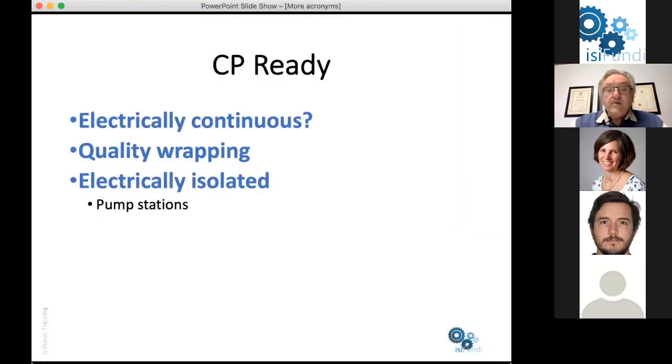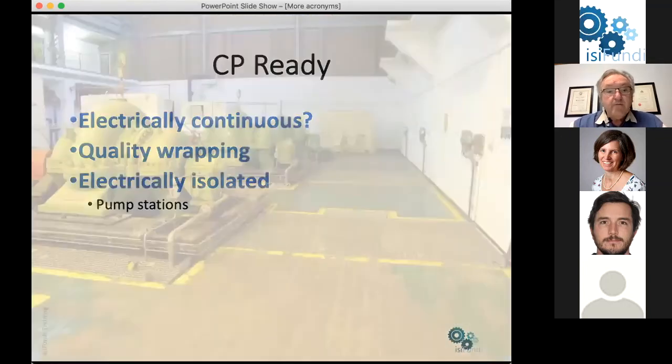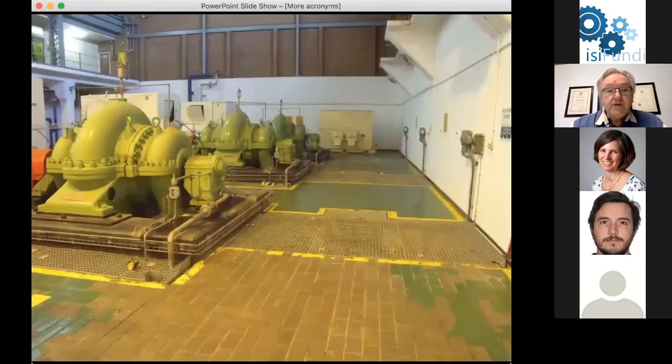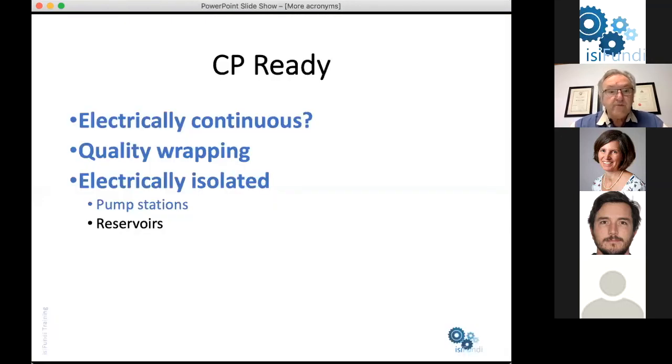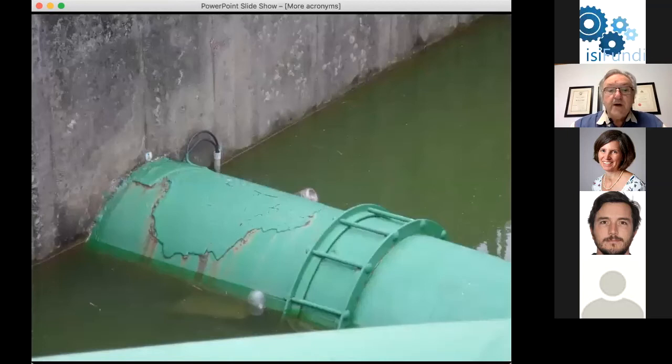Where do we install these devices? Firstly, pump stations. Pump stations have huge pumps and earthing systems, all of which would drain the current from a cathodic protection system. We need to isolate our pipelines from reservoirs. Reservoirs are generally large concrete structures. These are reinforced concrete structures, which again would drain all the cathodic protection current if the pipeline was in contact